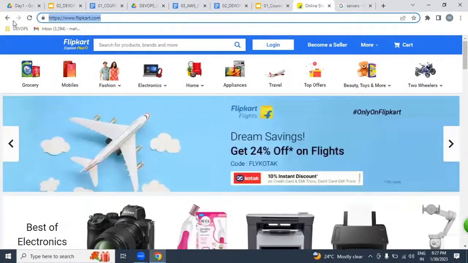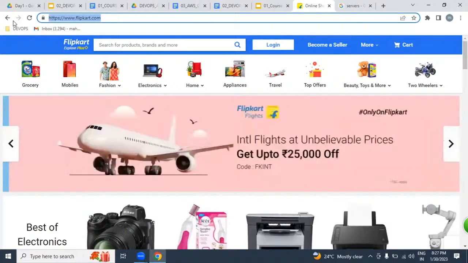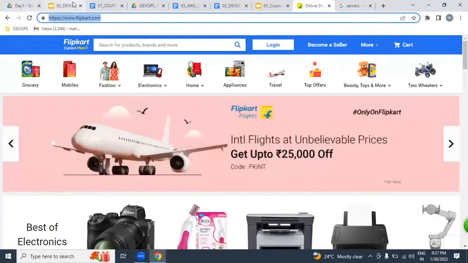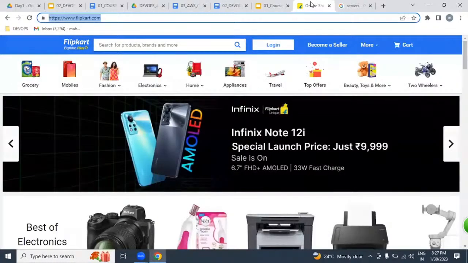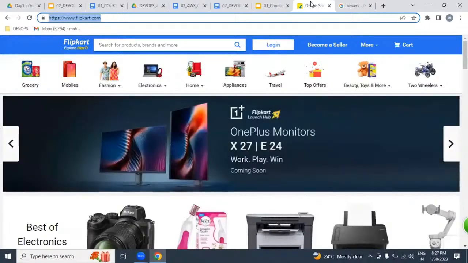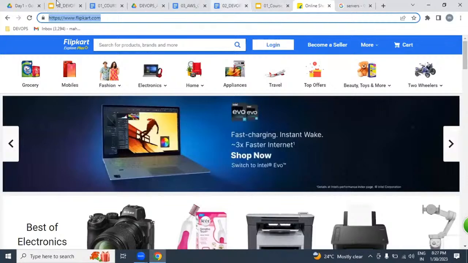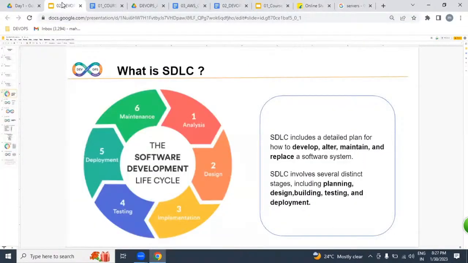Excellent. That's it. No, whether the application is working or not, we are going to monitor and maintain it. This comes under the 6th part. So by following all these stages, we build and deliver an application. Clear? So if you are joining IT in any corner, as a developer, as a tester, as a DevOps engineer, as a Linux administrator, if you are an IT person, you are part of this diagram.